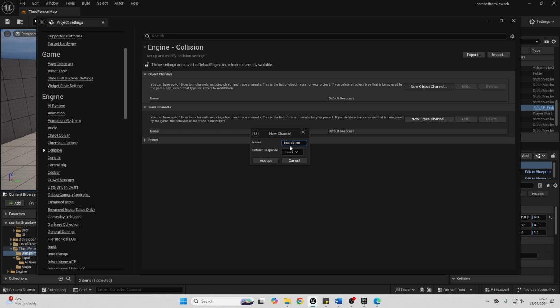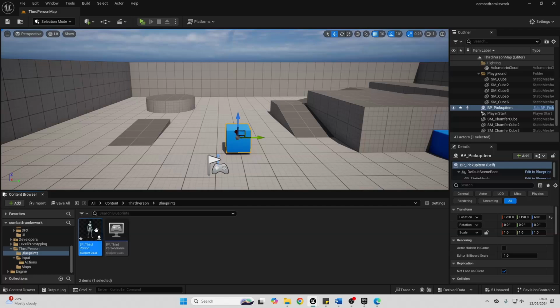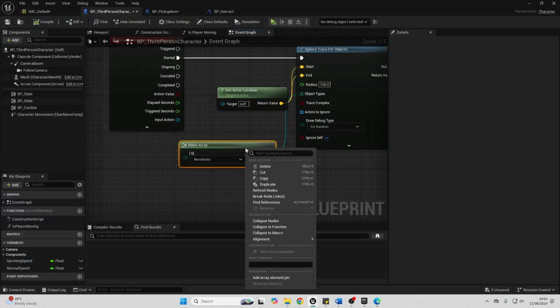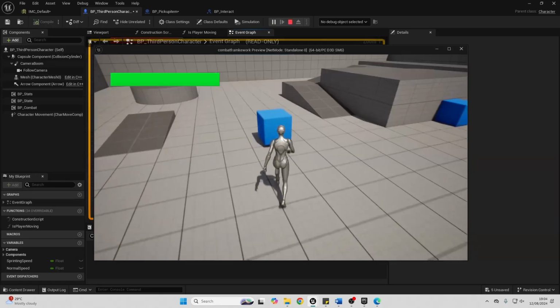And under default response, we can leave this at block and just go accept. Then close this, and if we go back to our third person character, just right click here, and we may need to go refresh nodes, and then we should be able to see it. And just like interaction, we're only going to do a sphere trace for objects if they are of the interaction type. We can just compile this, and now if I play my game, when I press E,